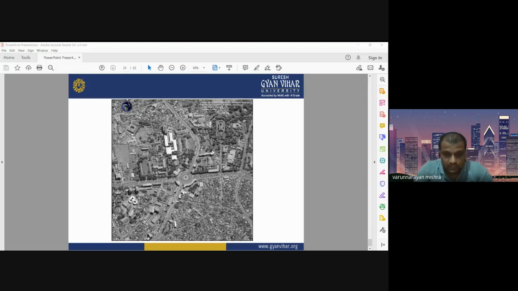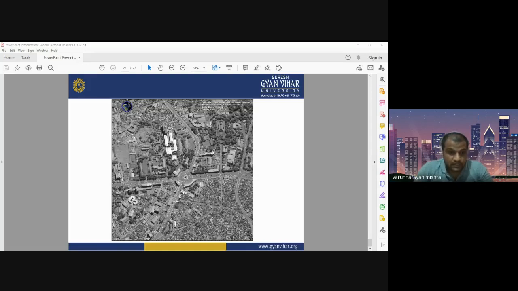These are not freely available, you have to purchase them, and the cost of each scene is around 12,000. Okay, I have purchased Ikonos and ResourceSat data sets for my PhD work, so I purchased a scene for 12,000 rupees. So LISS-4, ResourceSat, Cartosat data sets are available at around 12,000 rupees. Okay, but you can use LISS-3, you can download LISS-3 data without any cost. You can download AWiFS data without any cost. You can download Landsat, you can download Sentinel without any cost.